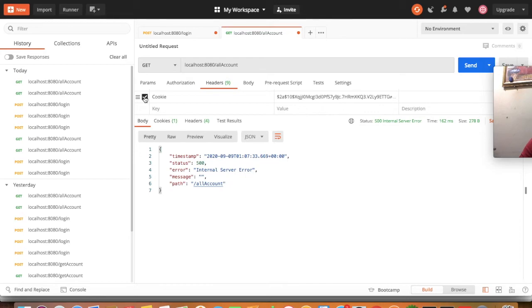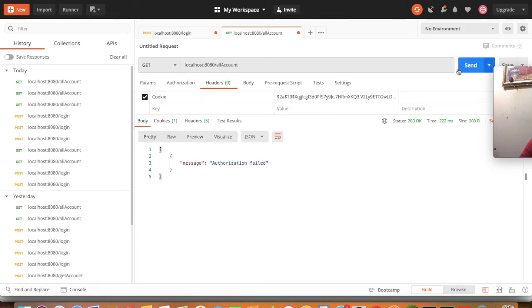Suppose I provide the cookie and I change the value of the cookie which I have got, 2-3 letters I have removed, then again send it. You can see the message came as authorization failed. Now we are not getting the accounts which we were getting while we were providing the proper value of the cookie which we have got at the user end or in the Postman end.